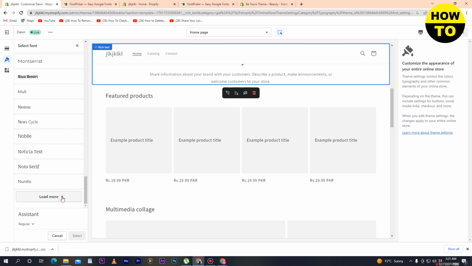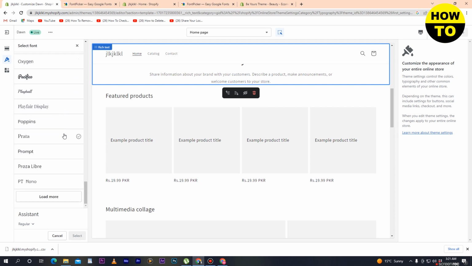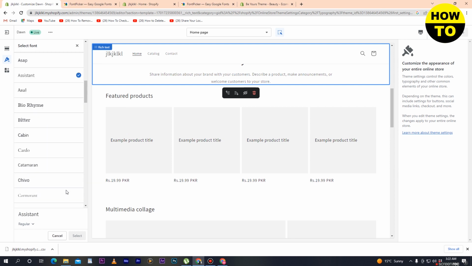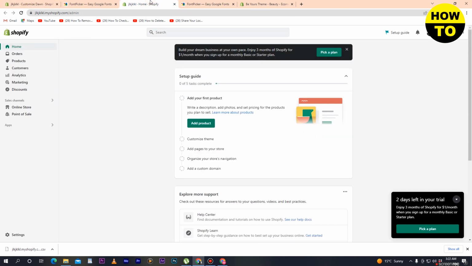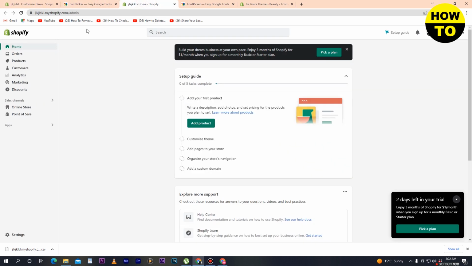So you can check there are multiple fonts I have added into my Shopify. So in this way you can add custom fonts to Shopify. So you can also find many other apps like Fonts app where you can install more custom fonts to your Shopify store. So in this way you can add fonts